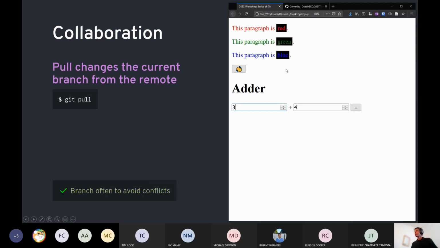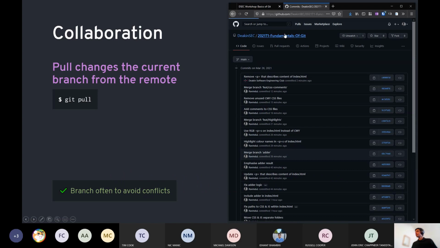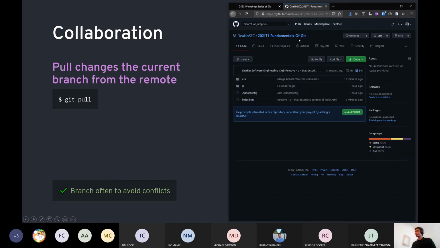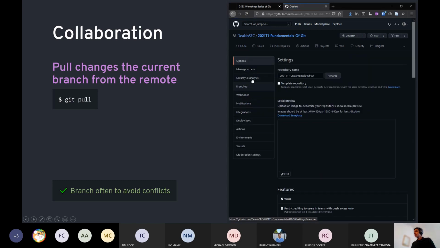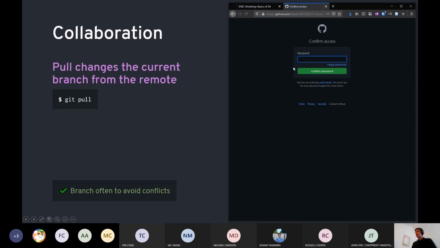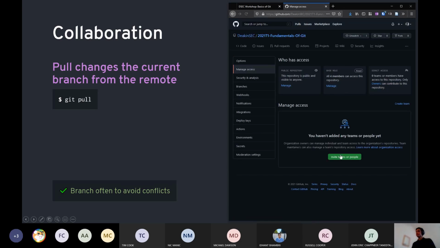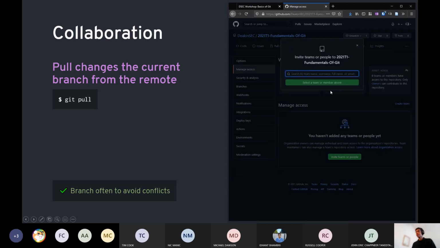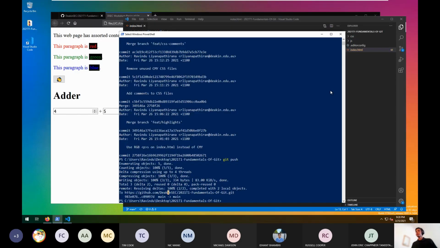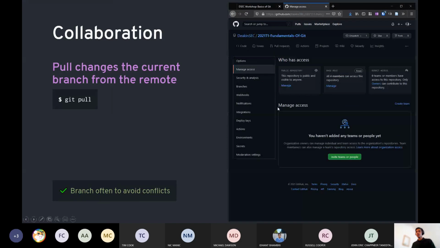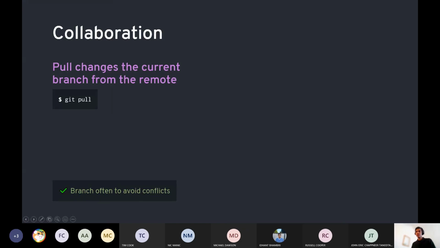And by the way, if you use Git and you want to collaborate with somebody on a project, you'd want to go to settings of your project, and head over to manage access and specify the GitHub usernames of the other collaborators that you want to invite to work on this project. Because if not, they won't be able to push the changes through, because the change will get rejected. So you've got to give them access.